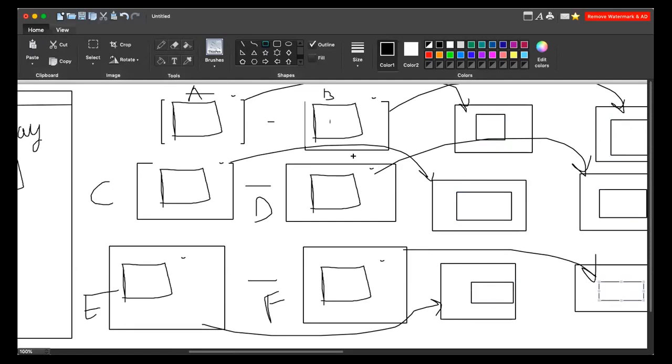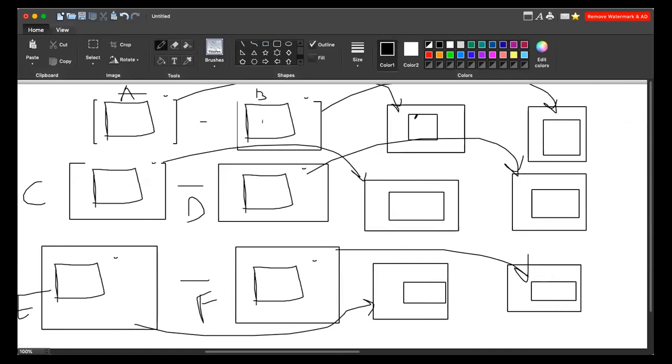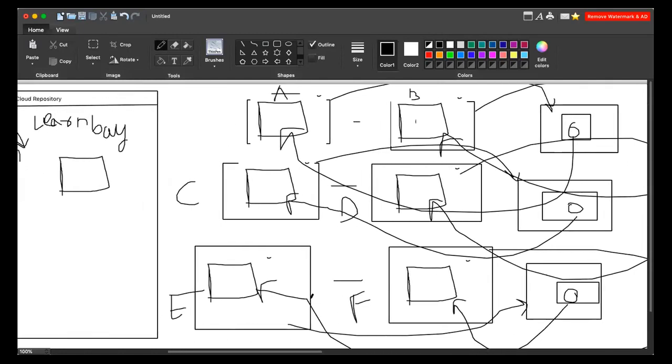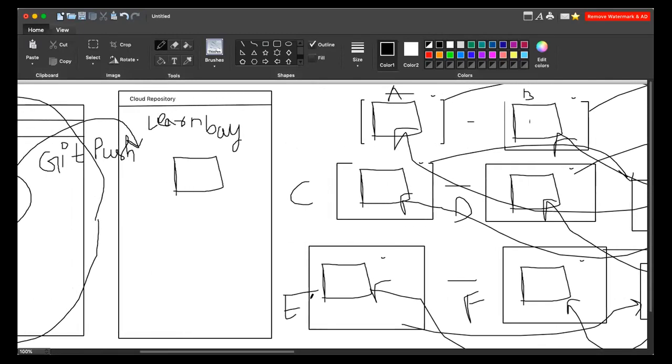After cloning it, you are making some changes on your local system. You have created one file in this repository. After creating the file, you have done git add and git commit. After doing git add and git commit, you are pushing those changes into your respective cloud repository. Using git push, you will be pushing all those changes into your cloud repository. Right. Now, once it is done, it is available in your cloud repository. It is not going to show to me.